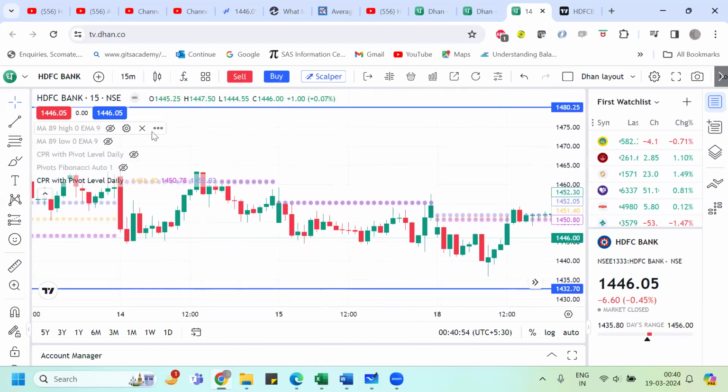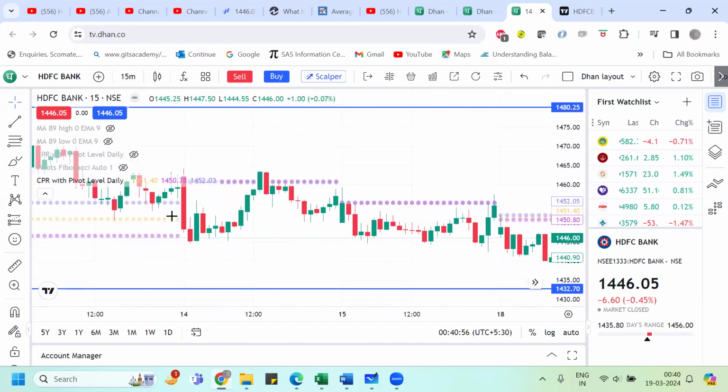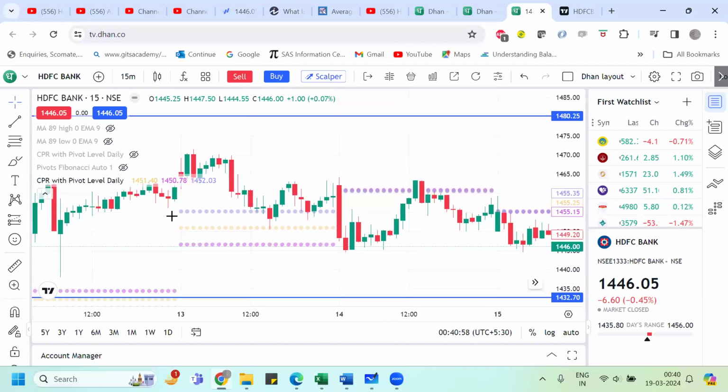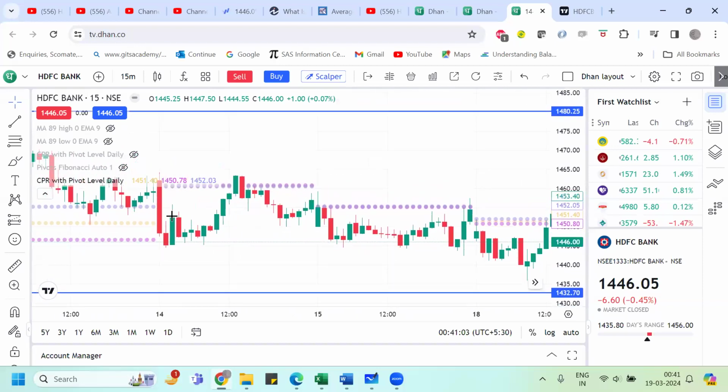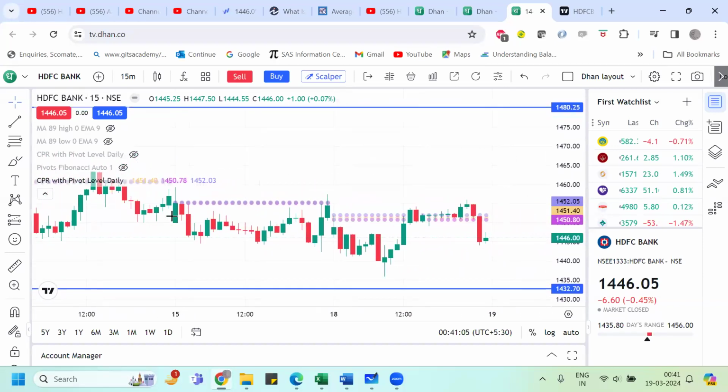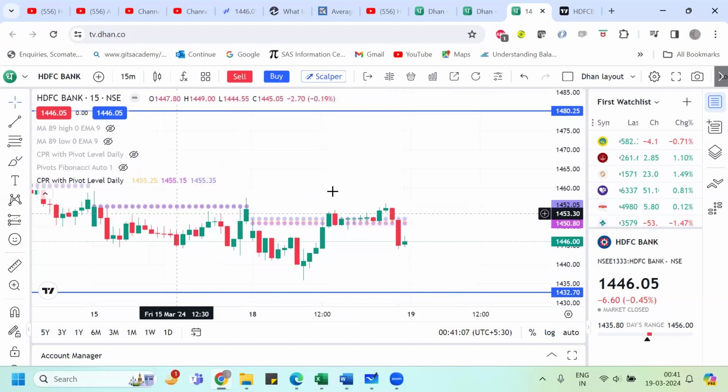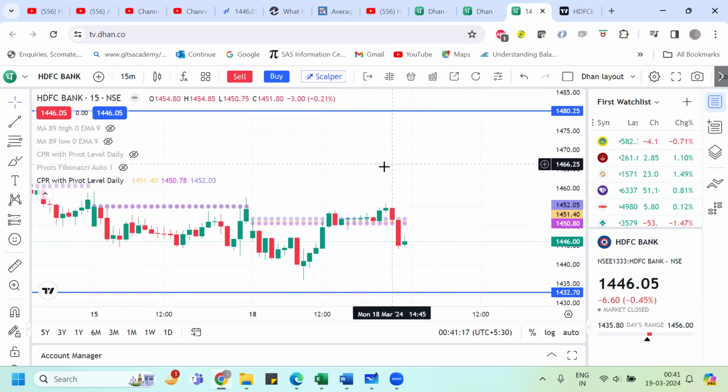When I'm observing HDFC Bank, you can see the sideway movement is there. One day it was, two days it was in trend. Again, the sideway market is there in HDFC Bank. So not much you can predict from the current market. Your MACD is not working very appropriately at the current time, but more or less I have given you the